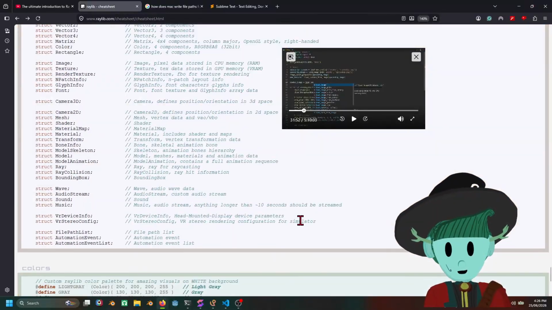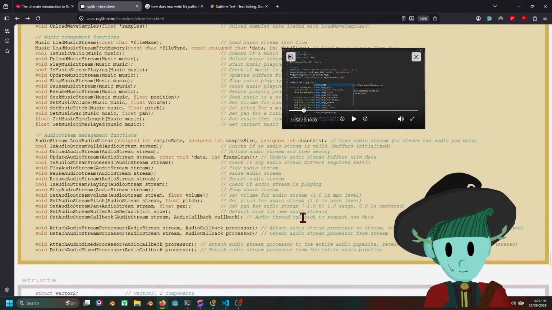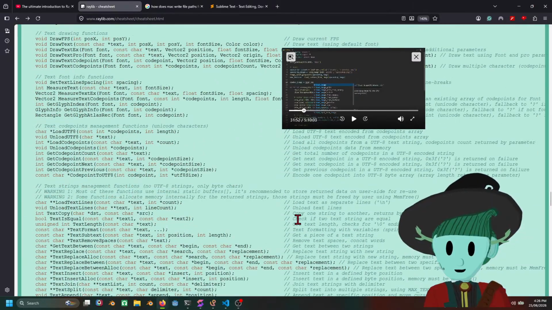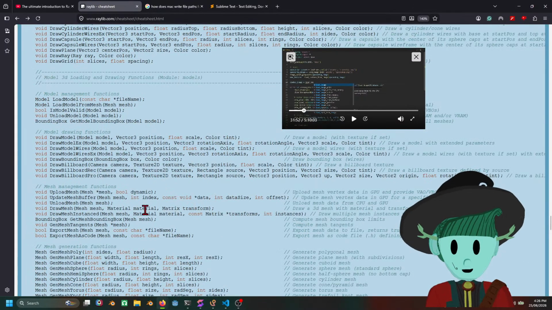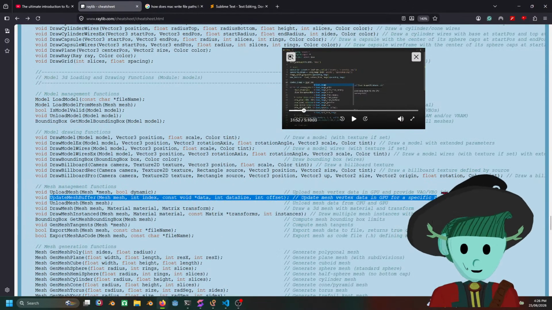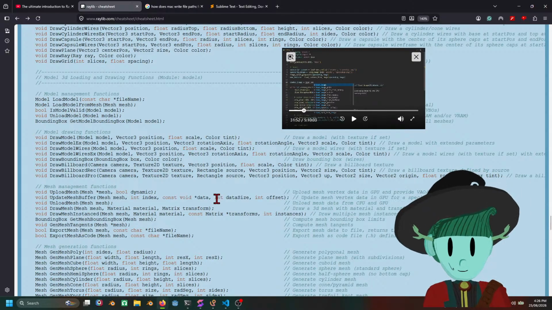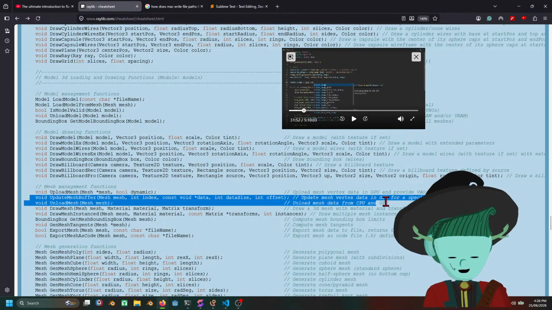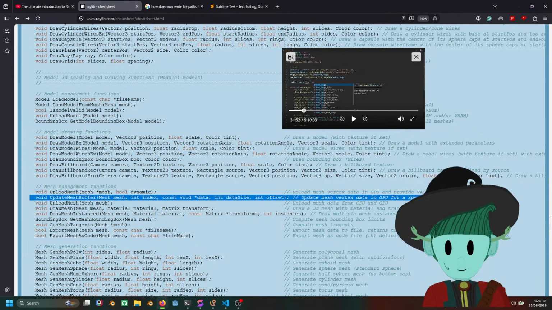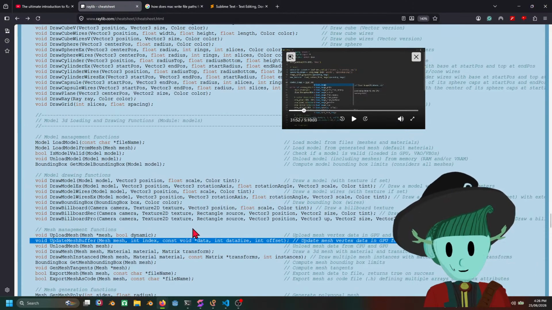All you need to do is just figure out how to set that up. But to me, I think the way you edit the vertices here is through this update mesh buffer, I think. But I'm not sure if that's what it's doing here for my meshes. But yeah, that's just something I am thinking about while